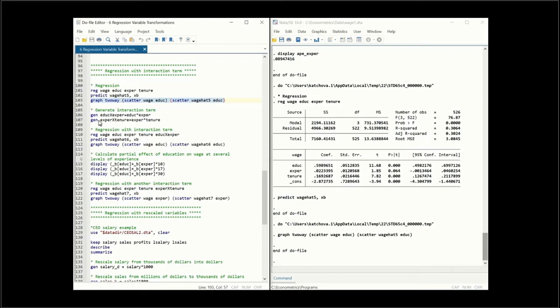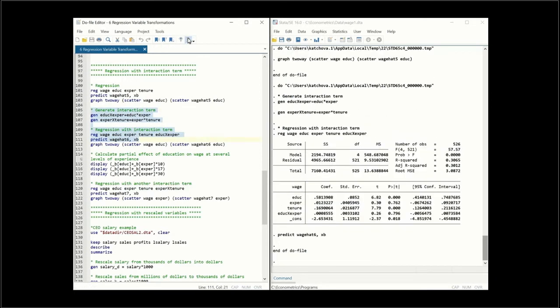So if we generate education times experience, and then experience times tenure, we can run a regression with the first interaction term, the term of education times experience, then predict the fitted values, comma xb, and then graph these wage against education and this predicted value against education. So first of all, let's run